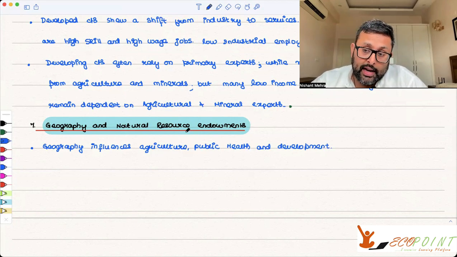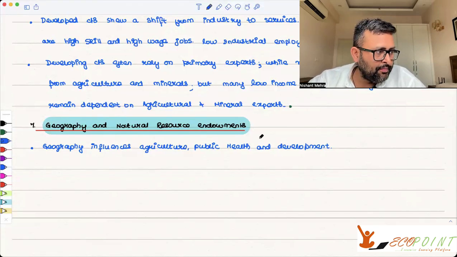You find many of the landlocked countries tend to have lower incomes as compared to the coastal countries. So here geography has affected development, right? For example,